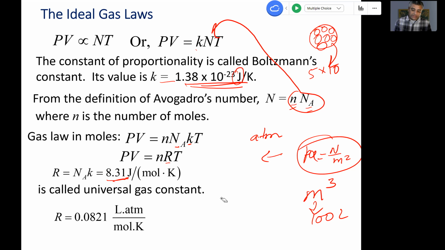When you are given a value of R or when you are using a value of R, make sure you are using the one with the correct unit, okay? So in physics, we use cubic meters for volume and Newton over a square meter for the pressure. What happens? We get